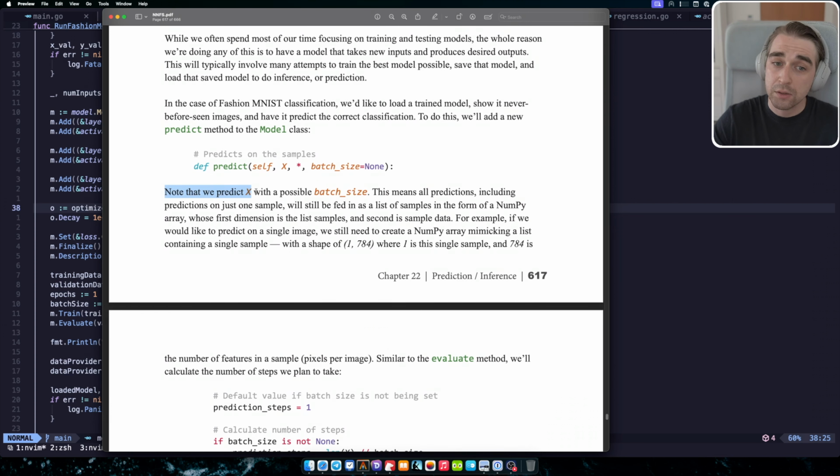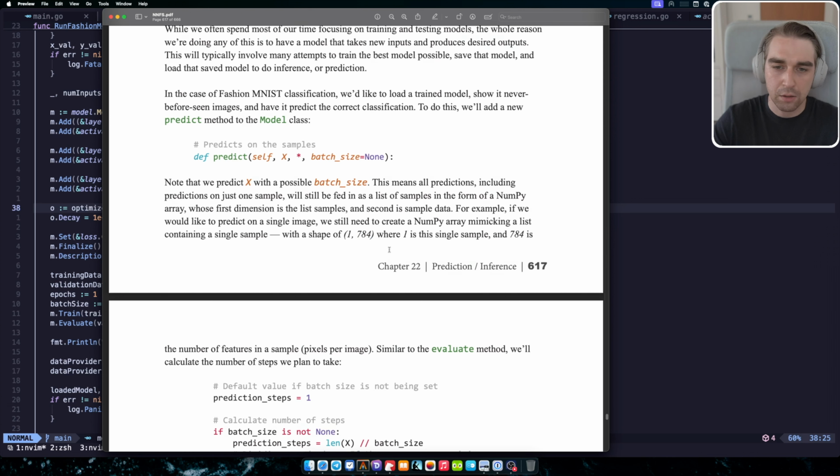Note we predict X with the possible batch size. This means all predictions, including prediction on just one sample, will still be fed in as a list of samples in the form of a NumPy array, whose first dimension is the list of samples and the second is the sample data. For example, if you'd like to predict a single image, we still need to create a NumPy array mimicking a list containing simply a shape of 1 by 784 image. Same for